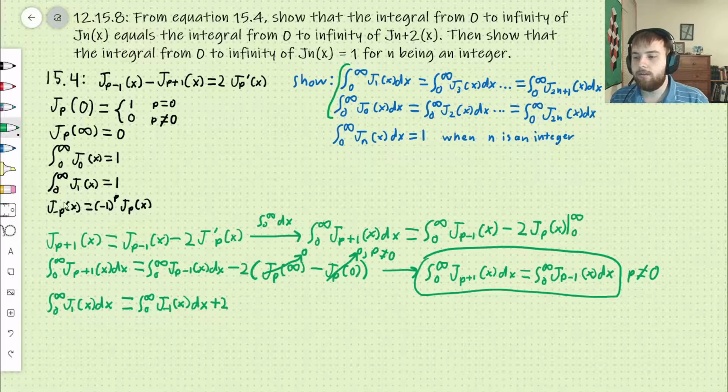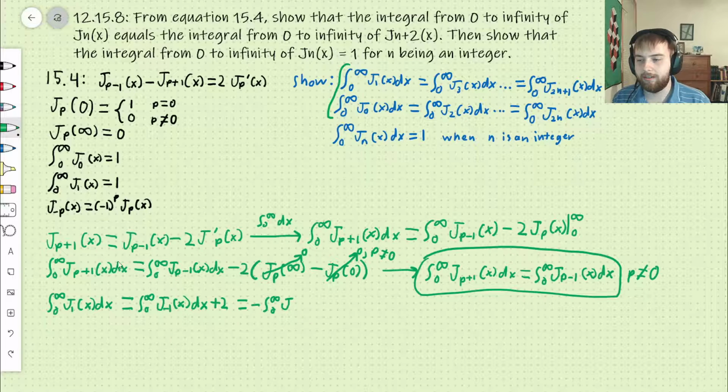So now we are going to use this fact here, that the negative order Bessel function is just equal to either the positive Bessel function or the negative of the Bessel function with the positive order. So if p is equal to 1, then the negative first Bessel function is equal to negative the positive, first order Bessel function. So we're just going to go ahead and rewrite this. It's equal to negative